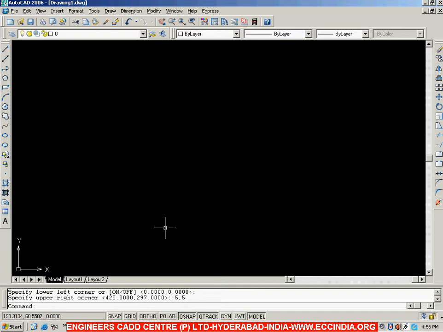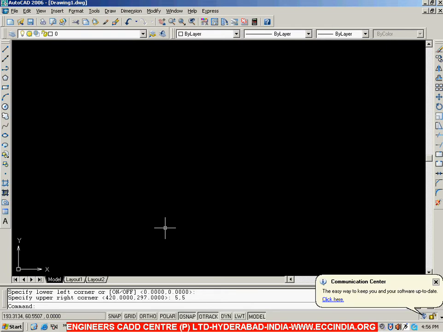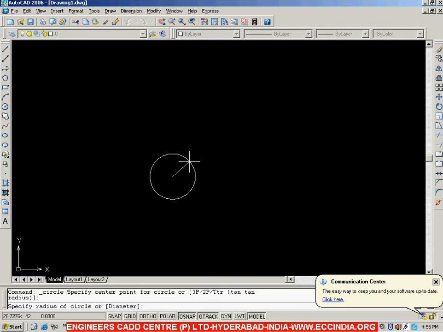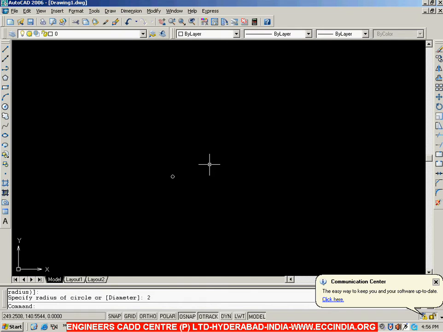So we have set the limits here, and after setting the limits, let me show you by drawing a circle. We will create a circle. Forget how I am creating this circle, you can leave that method, just watch the circle size. Now let me create a circle of radius 2. I am going with a radius of 2, and look at the size. Actually here we have set the limits as 5, 5. So when the overall screen size is 5, 5, and if I draw a circle of radius 2, then that circle should be clearly visible. But here the size, if you see, it is very small. The reason is